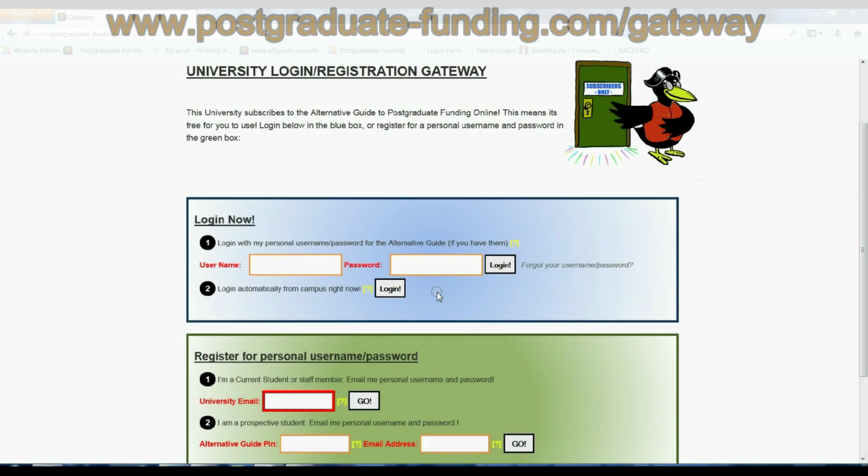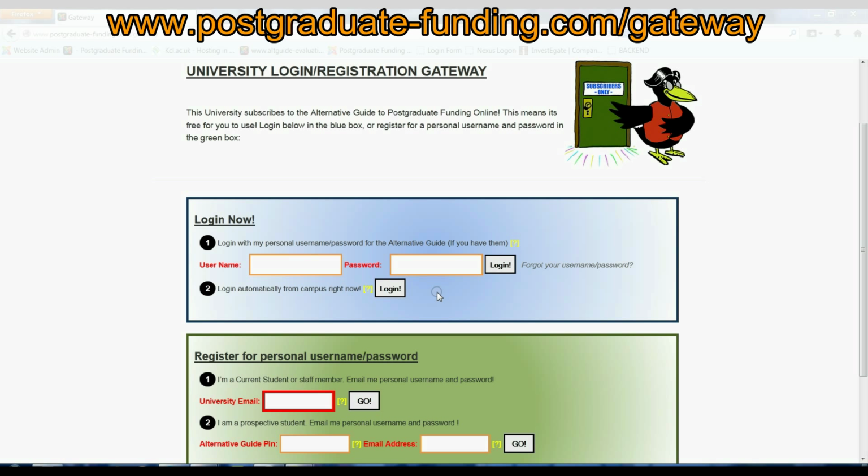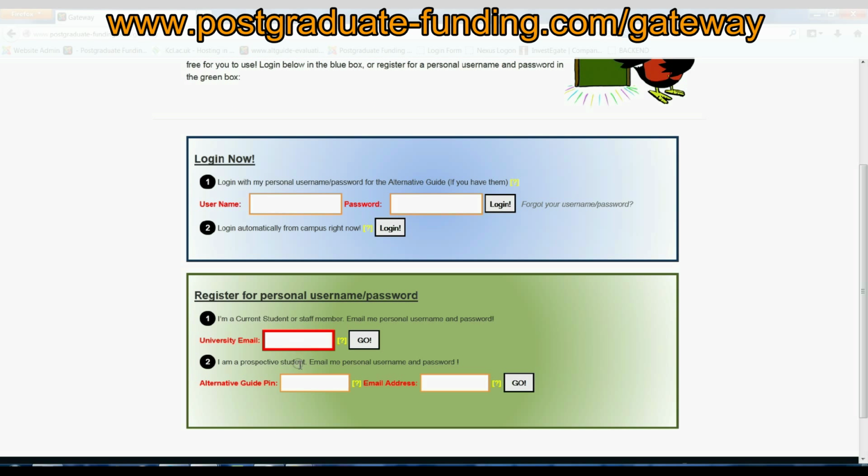The second way to access the Alternative Guide, if you're a current student, is with a username and password. Now you can use a username and password whether you're on campus or you're off campus. In order to register for a username and password, it's very simple. All you do is put your university email address into this box. Your university email address ends with a .ac.uk. So in my case, I'll put in my own university email address